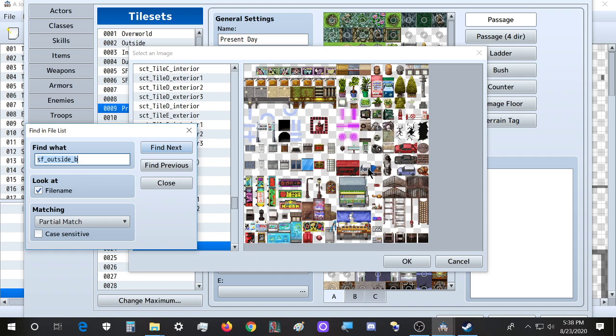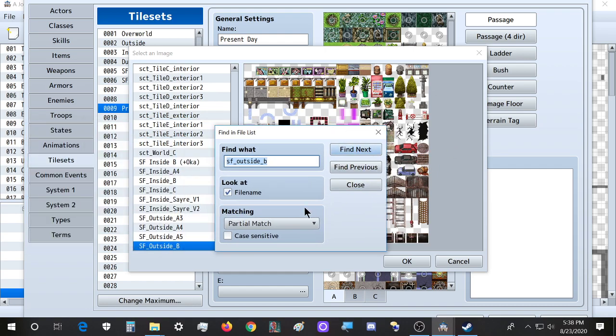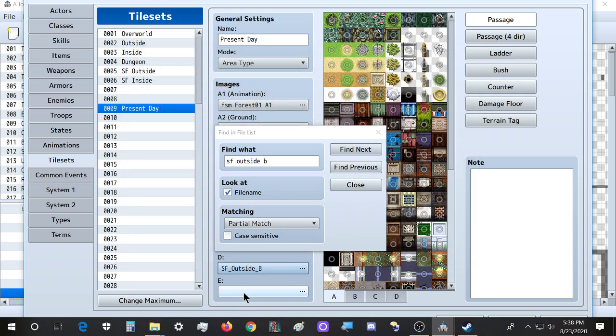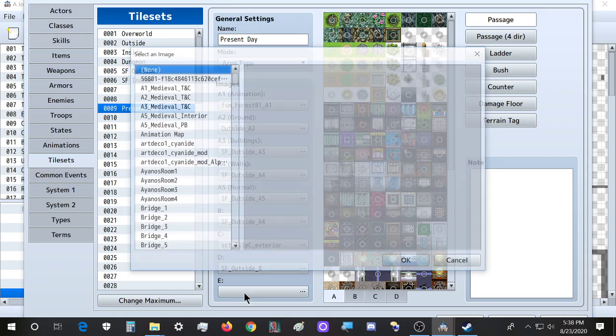Is it this? Because I don't remember it looking like this. Okay, it looked kind of the same, but yeah, the bus is different, and the shop here is actually different. It didn't have this rip in here. I might actually have to override the old ones with these. Yeah, okay. And for E, we have